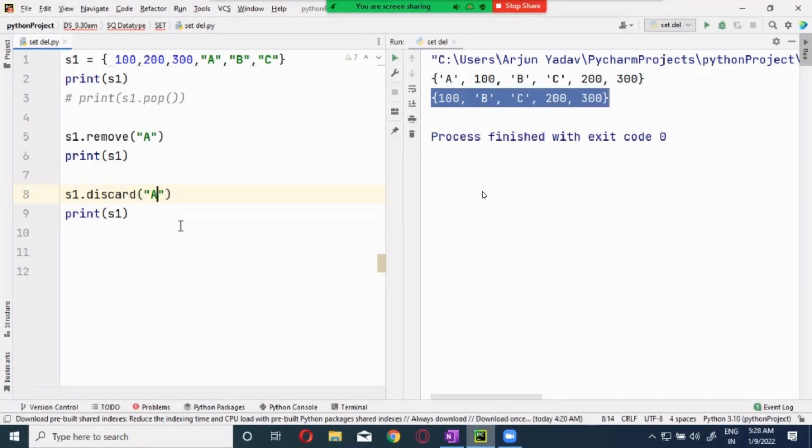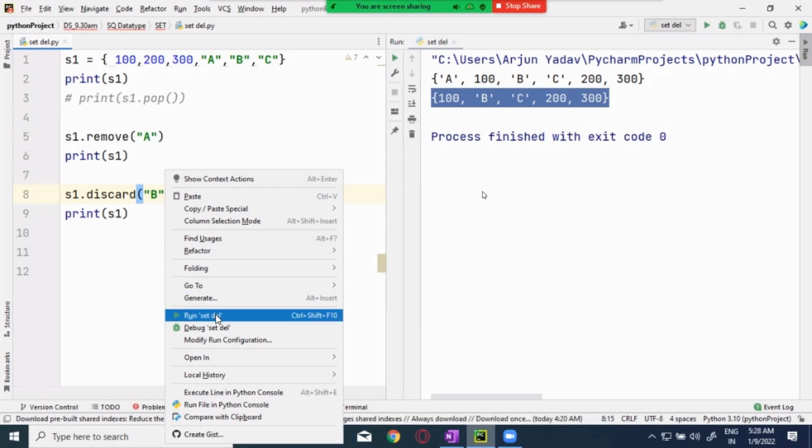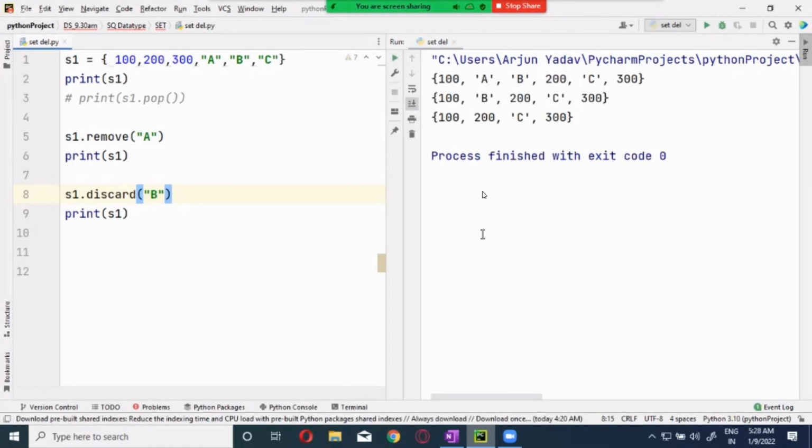Now, in the discard, I am giving it A. Now, I will give it here B. This will remove A and this will remove B. Both will work the same. But there should be some difference, because for one functionality, you can't have two things. You may find that in other programming languages, but not in Python. Most of the time, for one functionality, you will not have two objects or two functions.